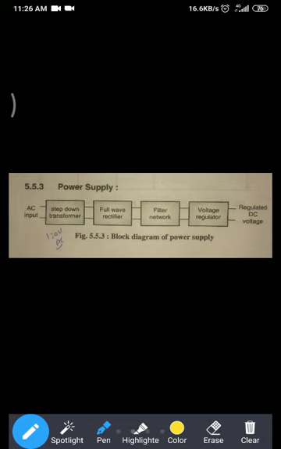What is your input module doing? It is isolating the input and output. Termination means what? Direct AC supply is not given to the PLC. And isolation means what? Actual input is not given to the PLC. Suppose because of turning on and off of switches, some spikes are getting generated. Those spikes may get connected with the PLC. So to stop that, we have to provide isolation between input and output. So this is the function of the input module.